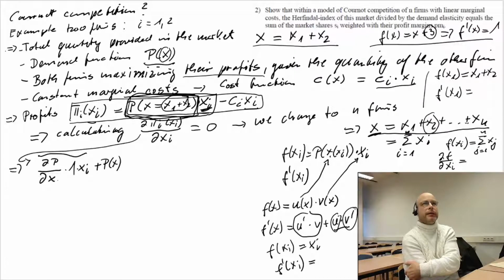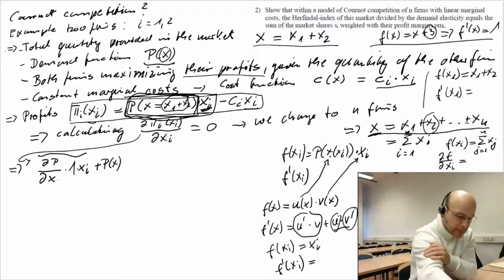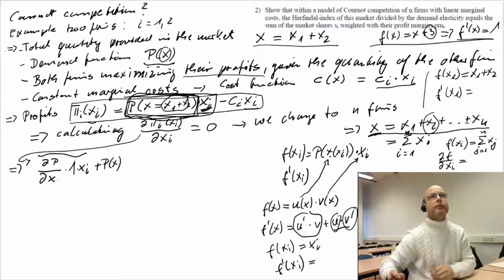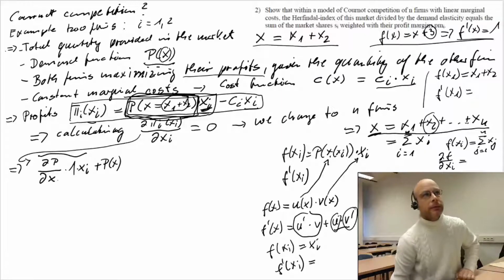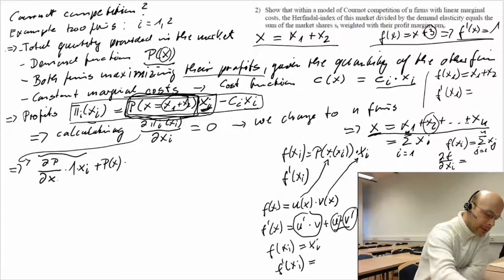Actually, in this case, nothing else changed. So again, we have for the derivative just the 1. So times 1